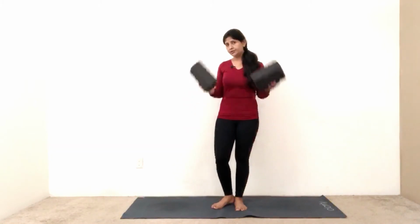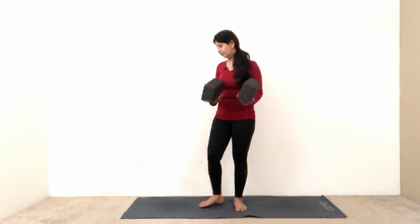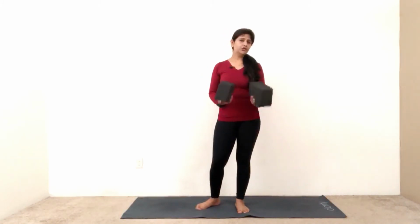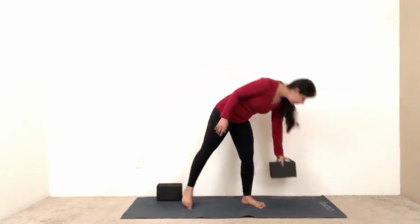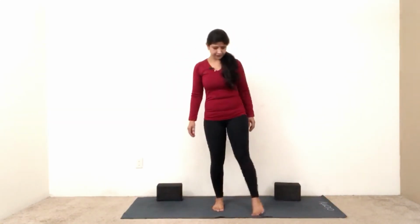Next pose is Utthita Parsvakonasana, extended side angle pose. So today I am doing it with the bricks again. You can use it because every day you feel different. So always you can use props. Props are really helpful. So set up your bricks on the horizontal height or half height on the back side